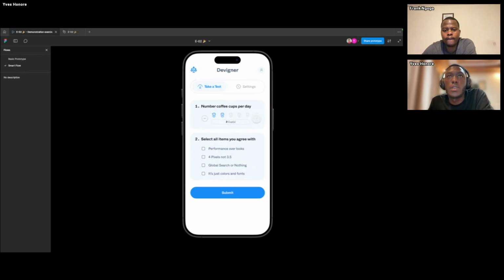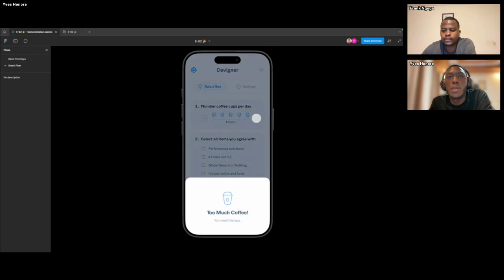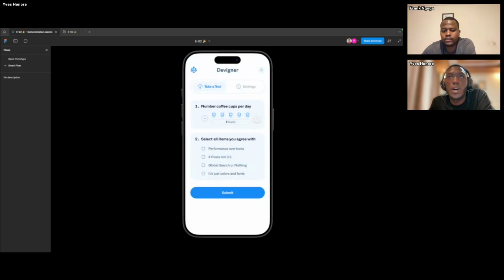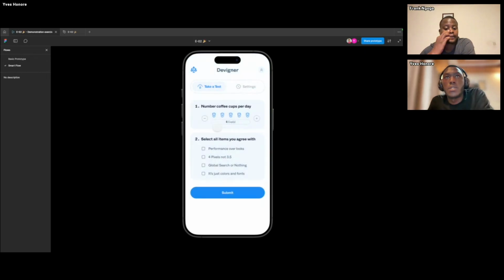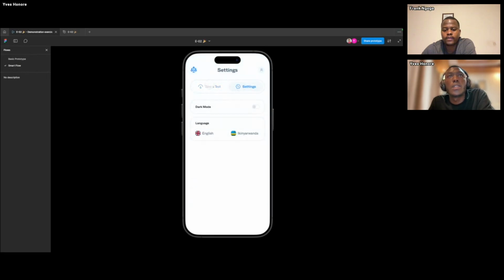And also when it comes to different coffee cups, you might as well add different functionalities. Like here we have a coffee cup count, and in case you want to exceed 5, maybe there's something that happens. Now the developers will not have to guess what they should do. Same thing if you want to go below 1 coffee cup per day. And also, on a quick one,